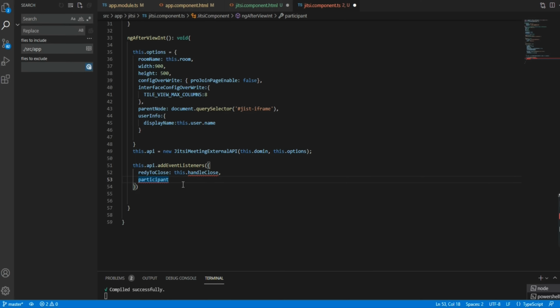Participant left, this dot handle participant left.